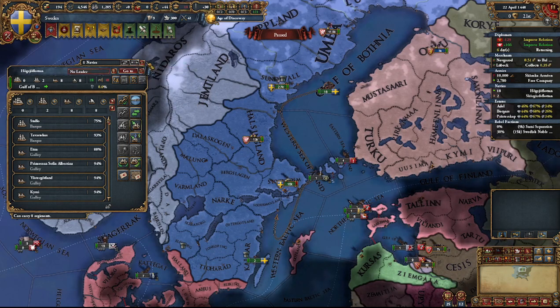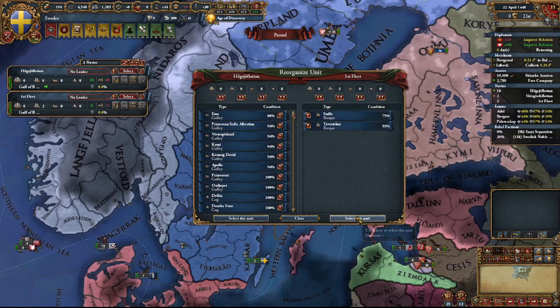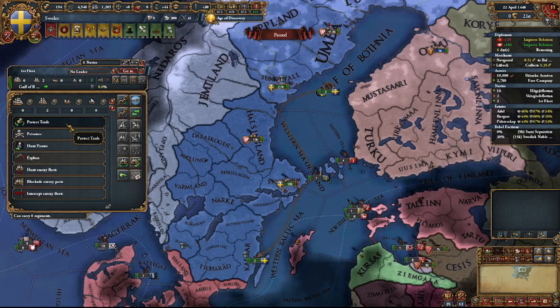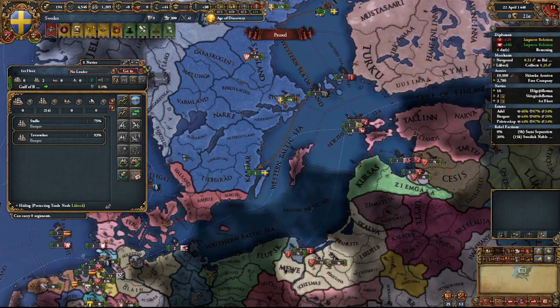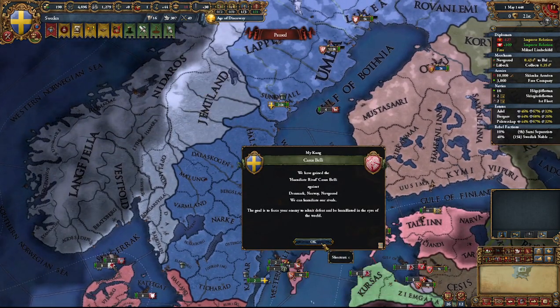We can bring this fleet down here. We can get these light ships with our trade fleet. I'll just tell them to protect trade in Lubeck. So they'll join up. And then